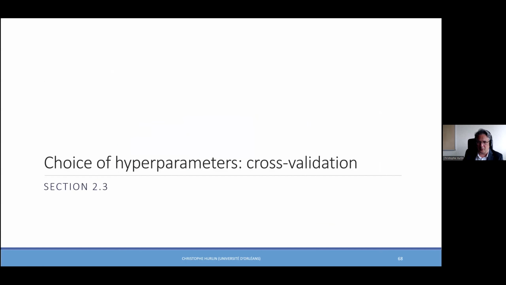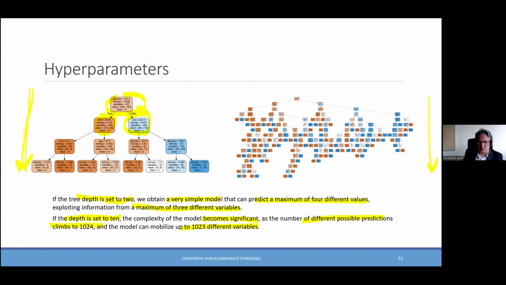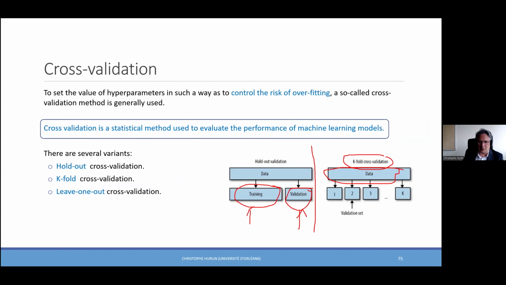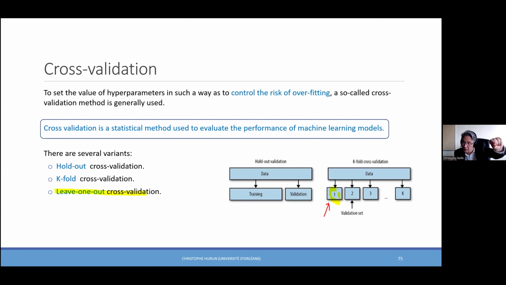I gave you the name of a third approach, which is leave-one-out cross-validation. Just one idea: this is the same idea as the K-fold, except that we leave one point out, so the fold corresponds to one point. We consider n-1 individuals in the training data set, and then we evaluate the model only for one observation, and then we have a loop over the n individuals.